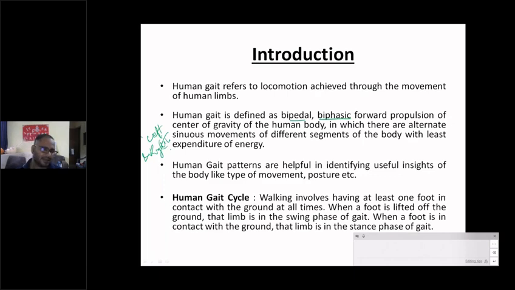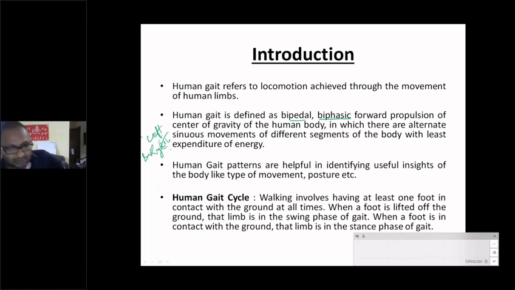So someone has defined that human gait is bipedal, biphasic. It has a forward force around the center of gravity so that the human body can move in the forward direction with the help of alternate sinus. Because both legs are governed by the human brain through the sensory organs. Through the sensory organs, we are capturing data, we are acquiring data. That data goes through our sensory organs to our brain. The brain is planning, and then particular motor neurons are learning, and after the neurons have learned, they guide how the particular motor action or